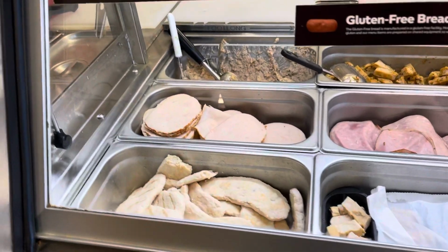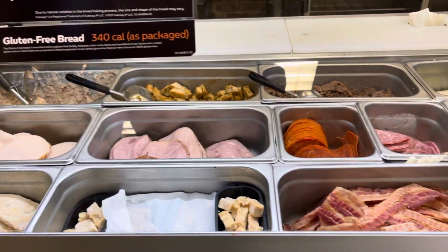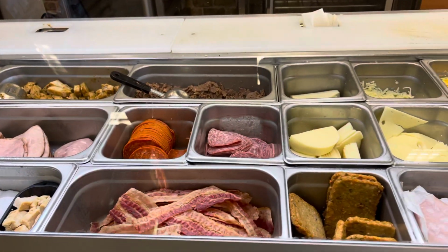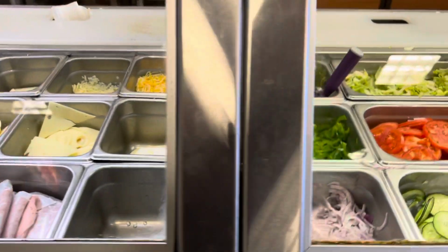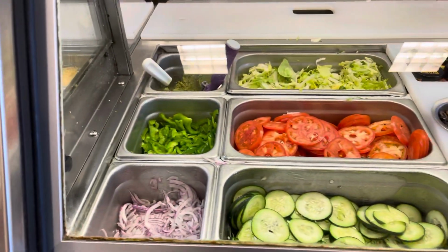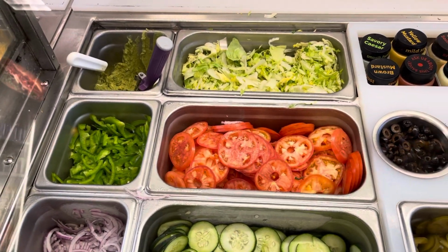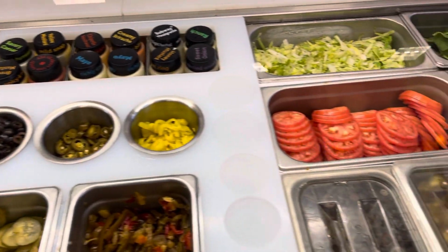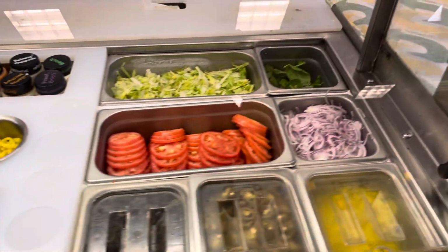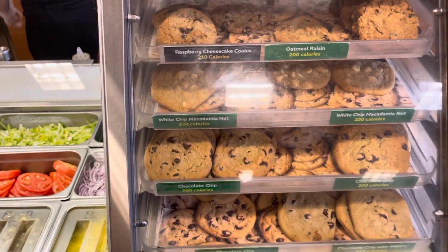Check this out. They got tuna, chicken. You guys like this stuff? I like the veggie patty. Everything is so fresh. And if you want to gain a little weight, here's the